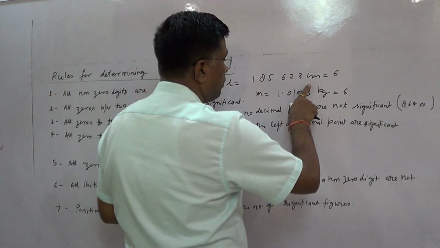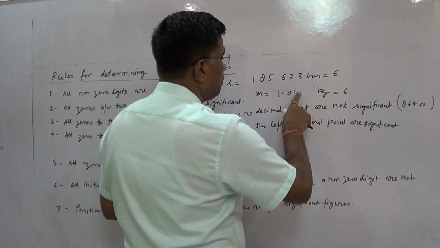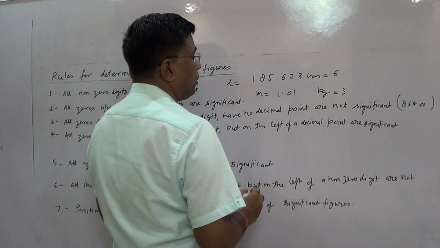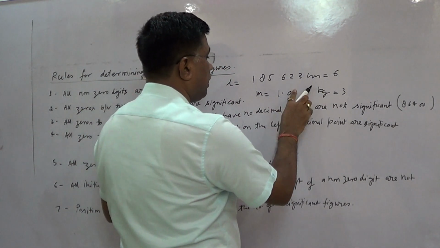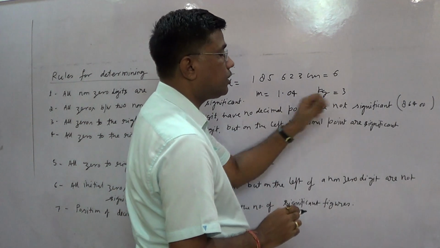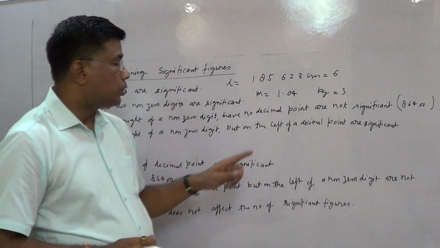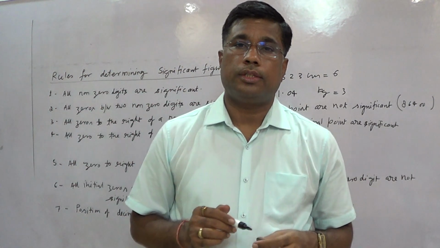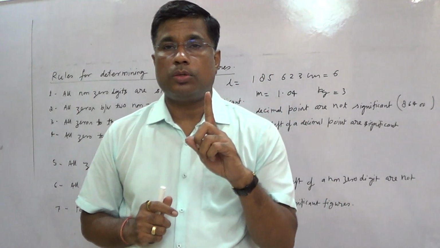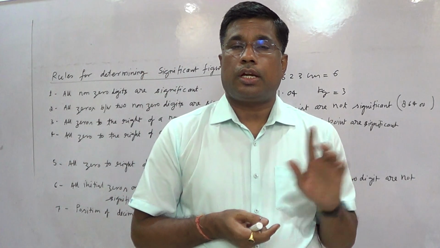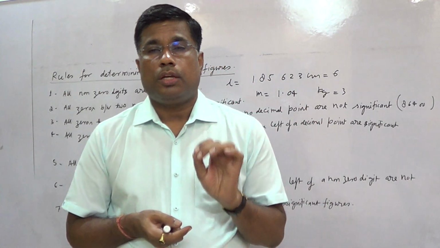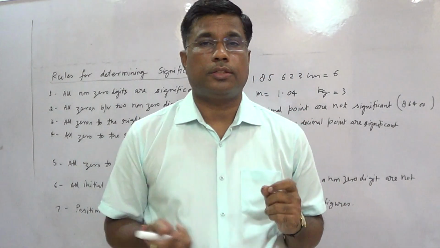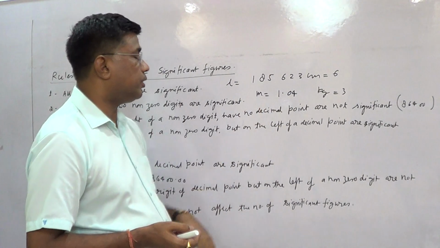Students, if we remove these zeros, then it has 3 significant figures. If we write it with a 4, it also has 3 significant figures. So if a 0 is lying between two non-zero numbers, then it is significant. So what is the first rule? All non-zero numbers are significant. And the second rule: if many zeros occur between two non-zero numbers, then they are significant. So in this measurement there are three significant figures.